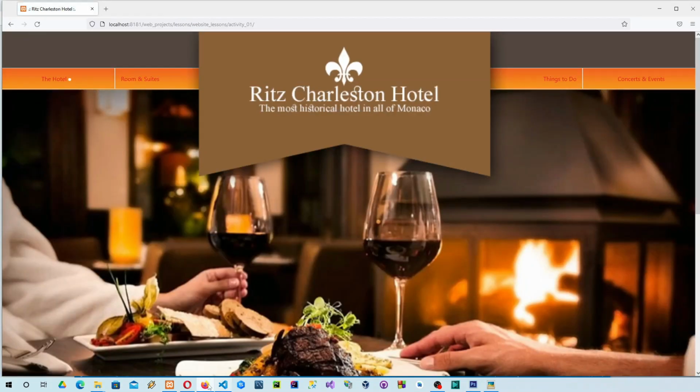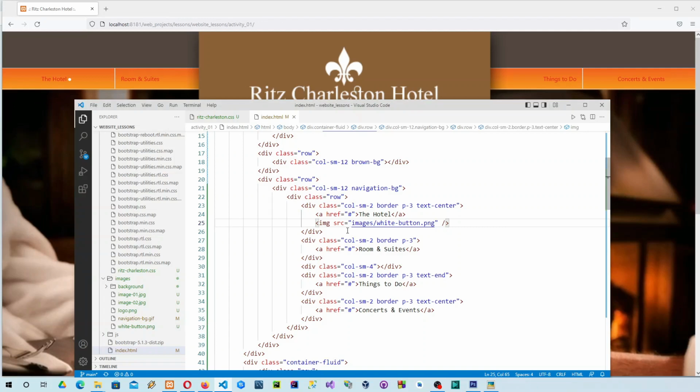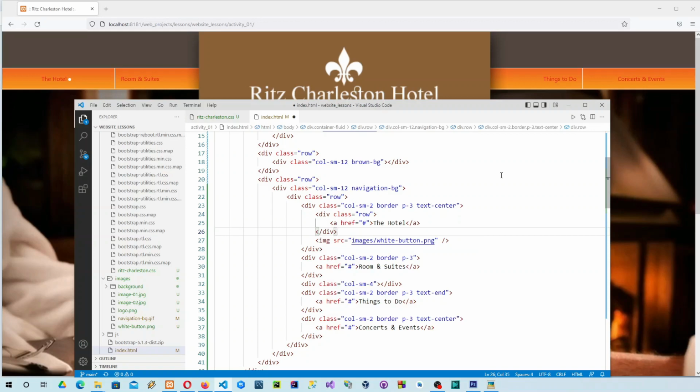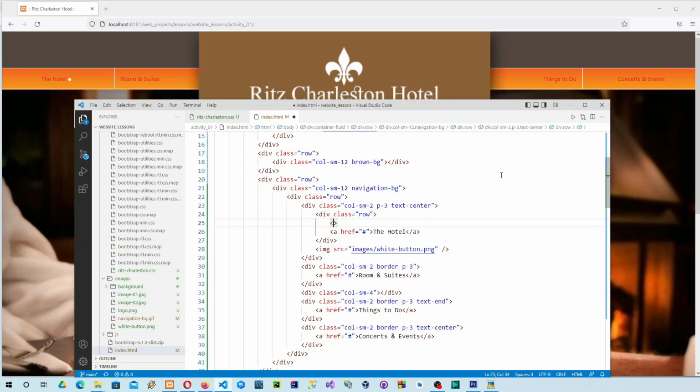We have it here, button. But we need to put it here somewhere. So again, what we can do is add another div class row. Okay, let me just try to remove the border. Div class